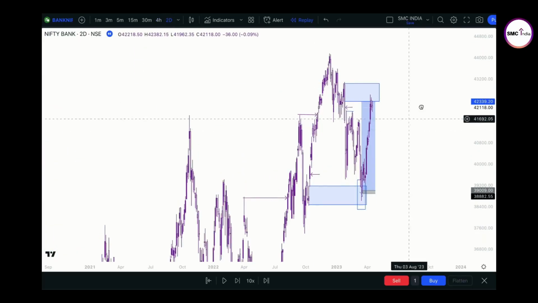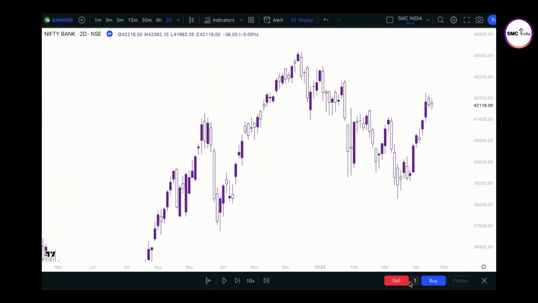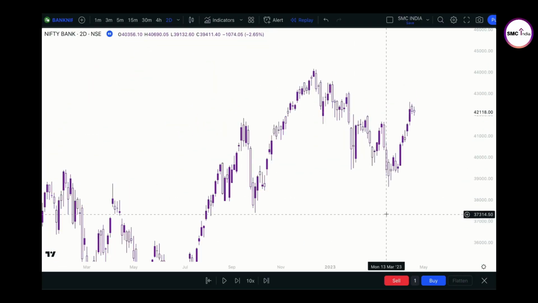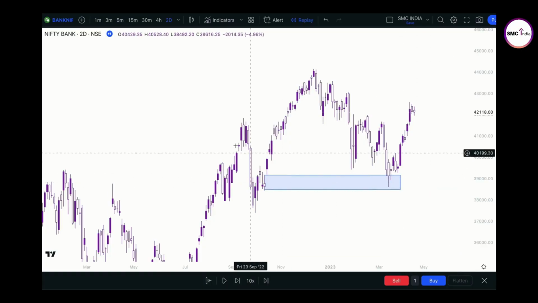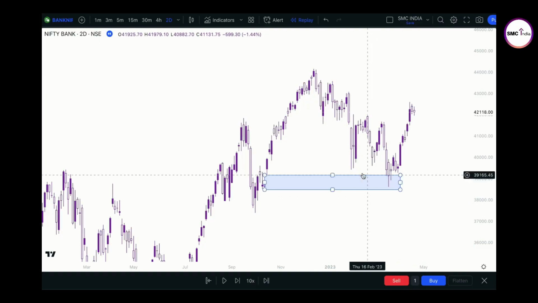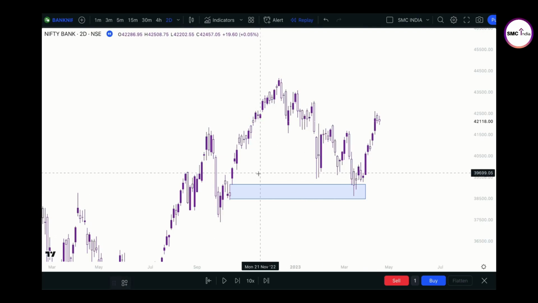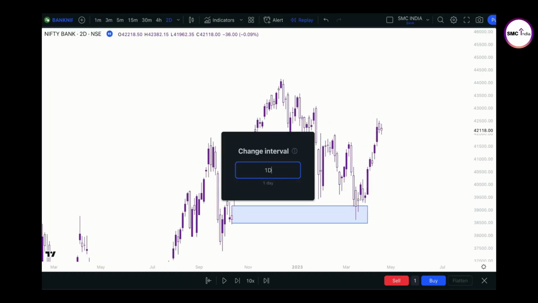So moving on to the higher time frames, now I'm going to show you how you trade counter trend on this index. As you see, there is a valid order block here and there are imbalances up here. You're going to trade up to this level and not more than that, because you know that the price is going to shoot up from this demand zone here. So here you see that these imbalances will be filled,